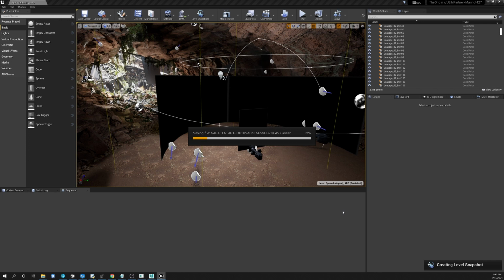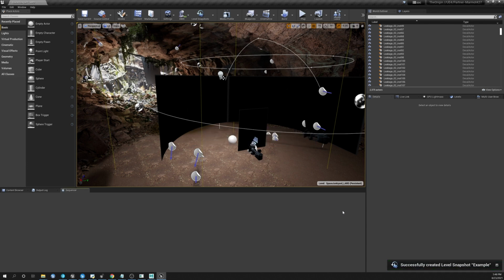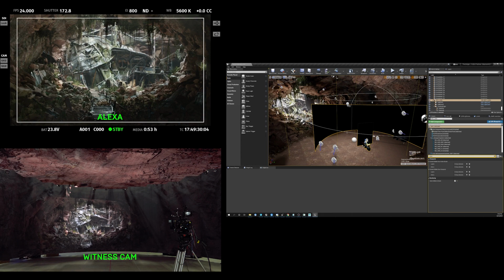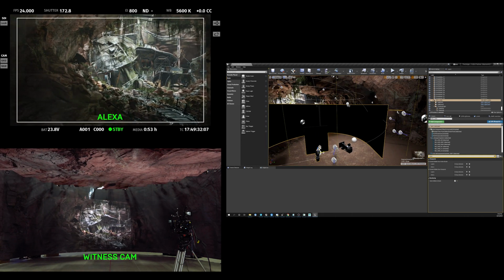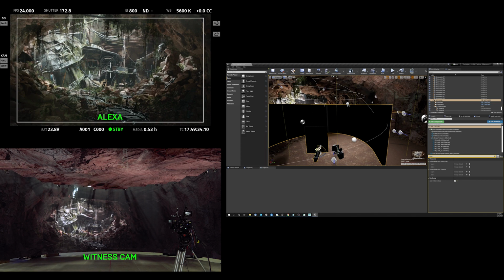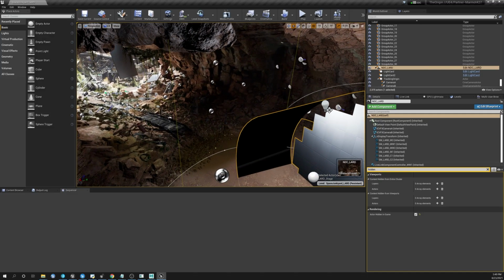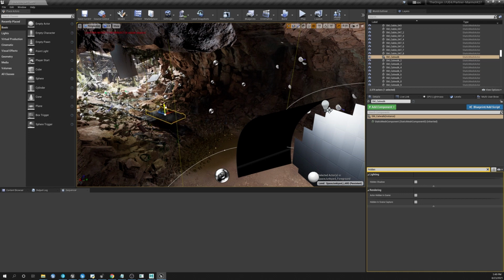The save time will depend on your computer-specific specifications as well as your disk read-write speed. Now that we have a snapshot taken, we can go ahead and start making changes to our environment, like moving the end display stage around. Make it a little bit extreme. As well as making select changes to the environment, like moving this walkway.